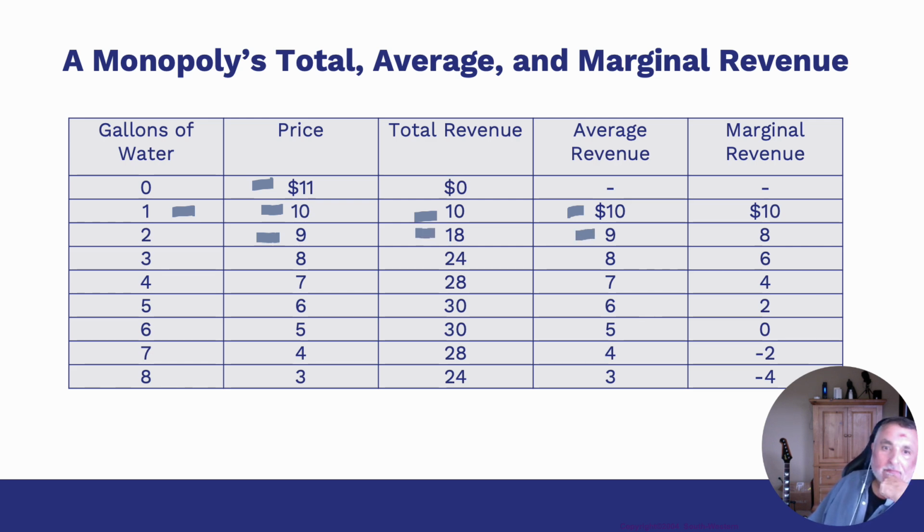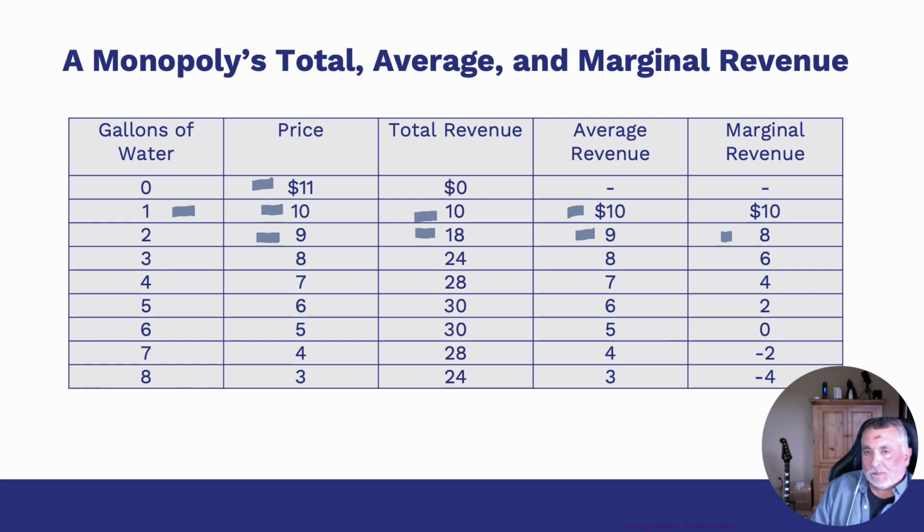Average revenue is 18 divided by 2. And then the marginal revenue, this is where it gets a little weird, you can see here that as they sell the next unit, the average revenue is just total revenue divided by output. So it's 9, it's just 18 divided by 2. But the marginal revenue is falling faster. And the reason for that is called the price effect: we can sell more units of water, but to do so we have to lower the price. As we lower the price, all the preceding units from the day before also have a